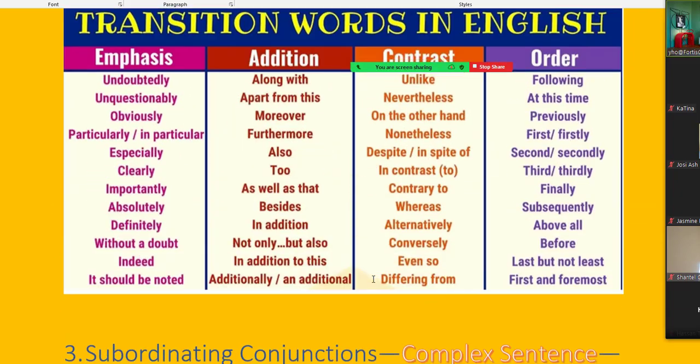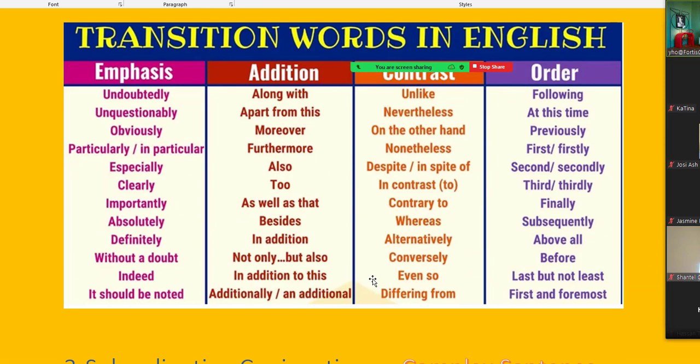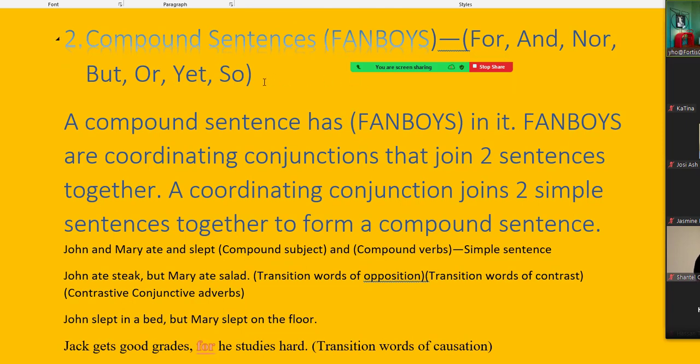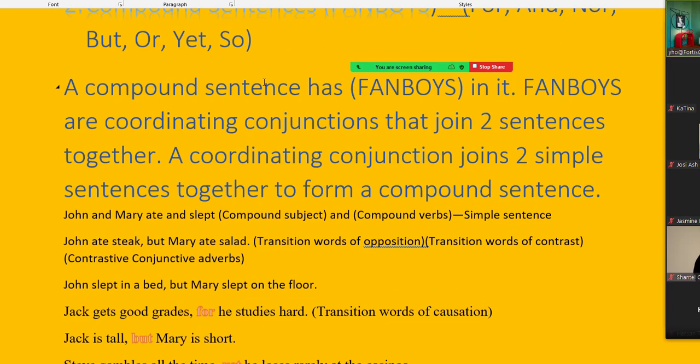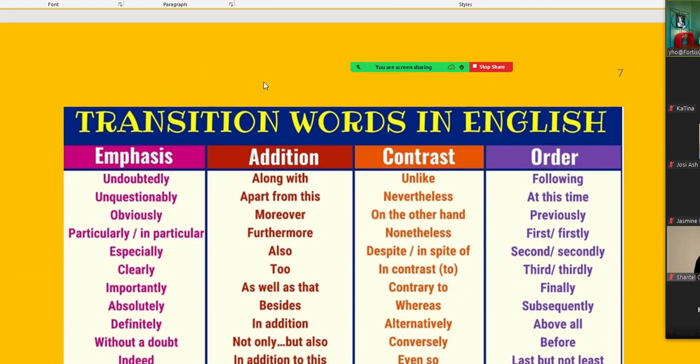over again. So far I've done compound sentences, and when you have transition words in the middle of your sentences, that's still a compound sentence. So if I say John is fat, nevertheless Mary is thin, that's still a compound sentence, and you have your semicolon and a comma. So is everyone clear on compound sentences? Compound sentences use FANBOYS and transition words to connect two sentences together. Everybody clear on this? Good.